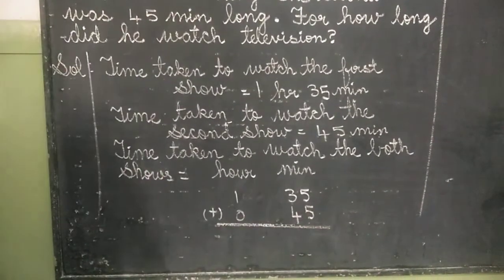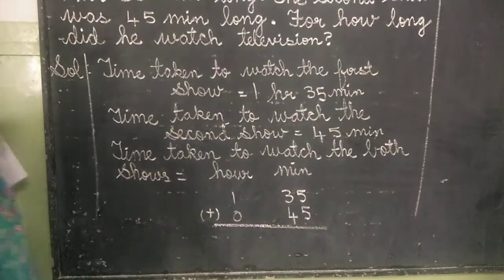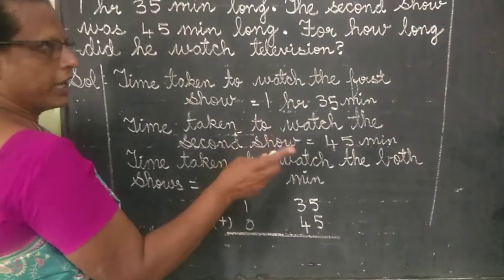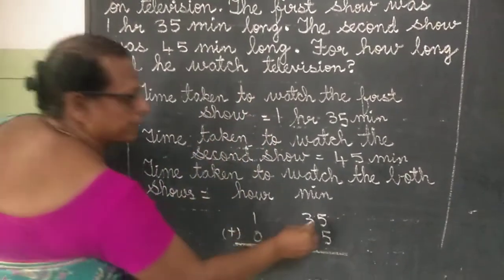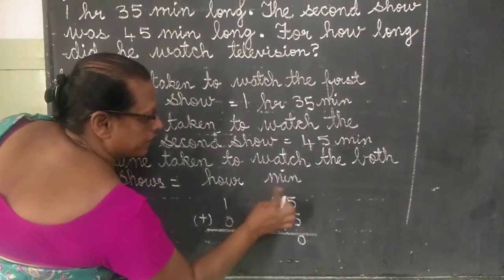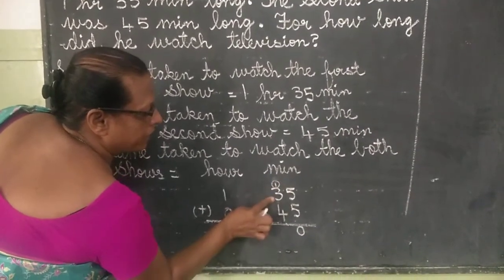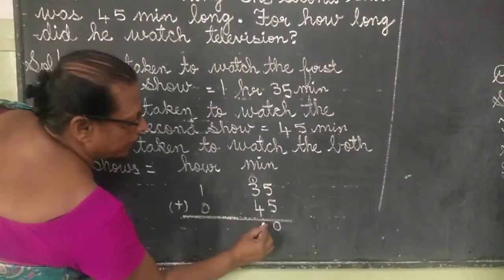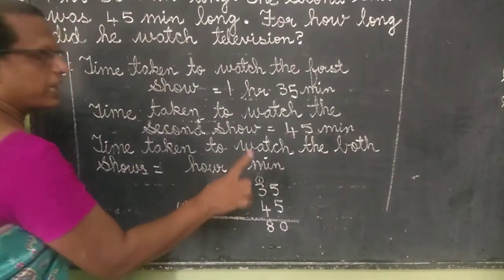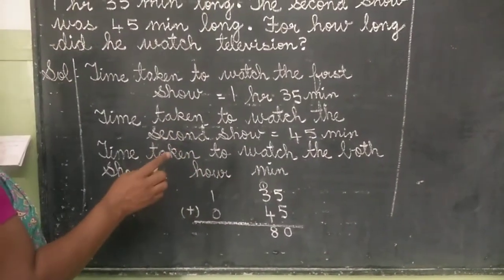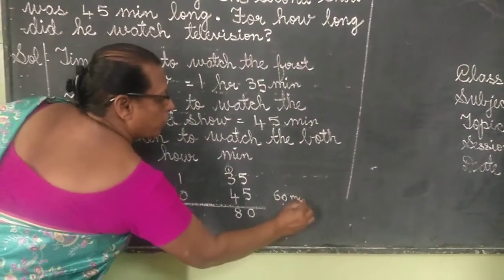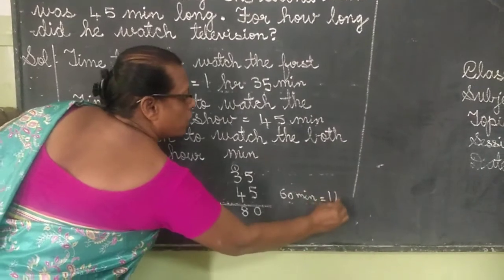Okay. So what you have to do, children? You have to add. As soon as you add, what will come, children? You have to write the direct answer. No, I have taught you in the addition itself. See, 5 plus 5, 10. Carry over here. The carry over will come here, and 1 plus 3, 4, and 4 plus 4, 8. So 8 means what I have taught you, children. So here 1 hour is equal to 60 minutes. Otherwise, 60 minutes is equal to 1 hour.